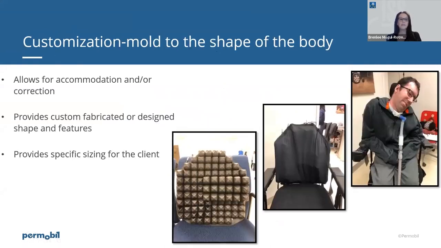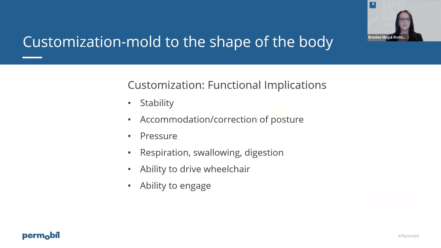And then customizing a back shell or the medium allows for increased accommodation or correction and the ability to potentially lock the client into a safe and stable position. The client's shape and their size can really be intimately matched through customization, and skin and tissue protection, as we know, can really be enhanced, as well as positioning. And functionally, customization